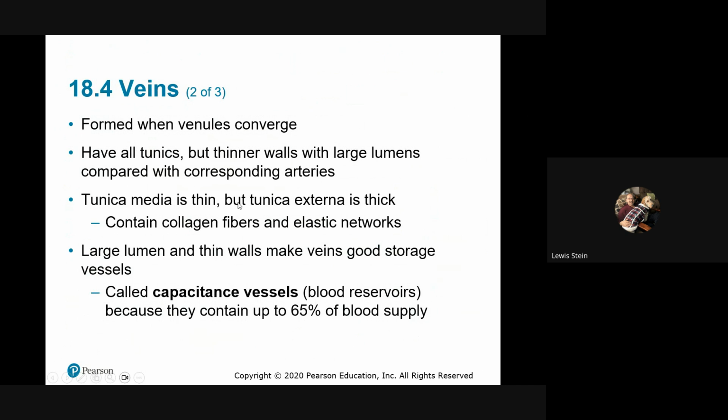Okay, the tunica externa is always thicker. Collagen and elastic fibers, so they'll stretch. That's why we call them capacitance vessels. And effectively, at any one time, two-thirds of your blood is in veins. So people are so